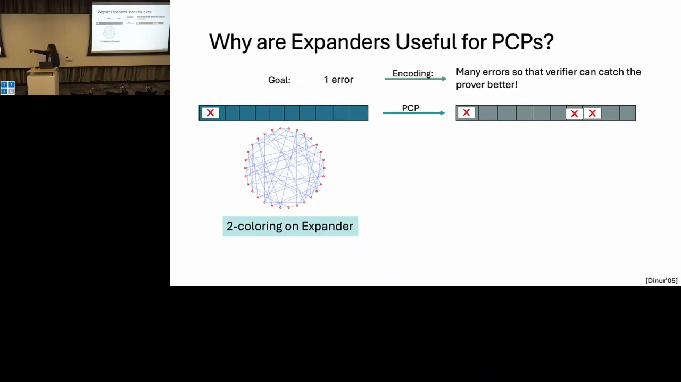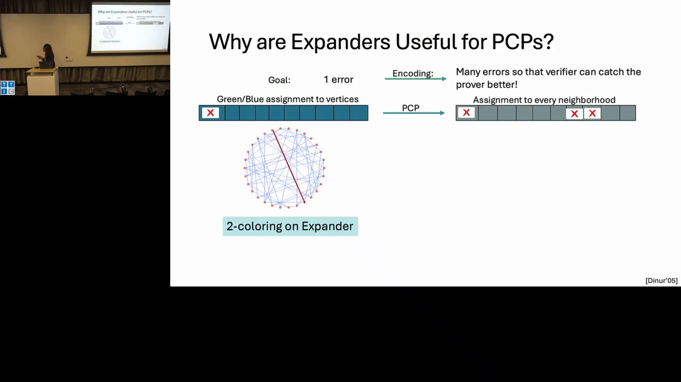For simplicity, let's consider the 2 coloring problem on expanders, even though it's easy to solve. And let's see how we can build a PCP for this problem. So let's say this graph is actually not 2 colorable, but maybe only one edge is colored incorrectly. There is an assignment that violates only one edge. And now we want to build a new assignment for it. Encode this assignment into a format where it violates many